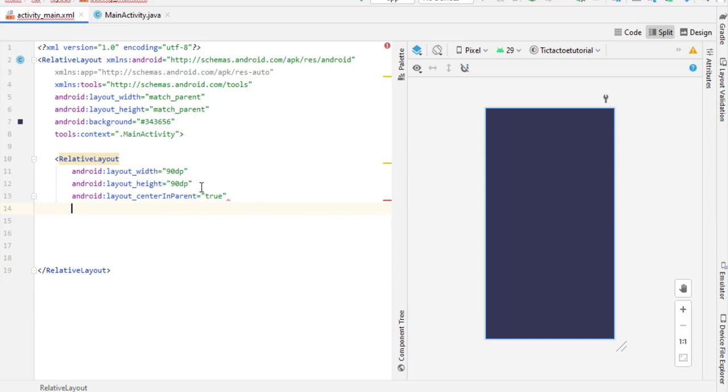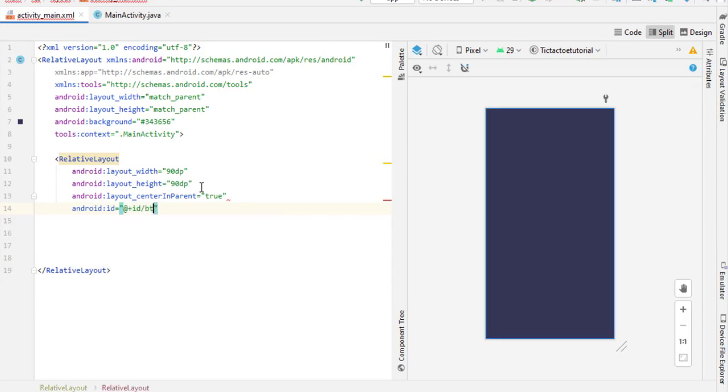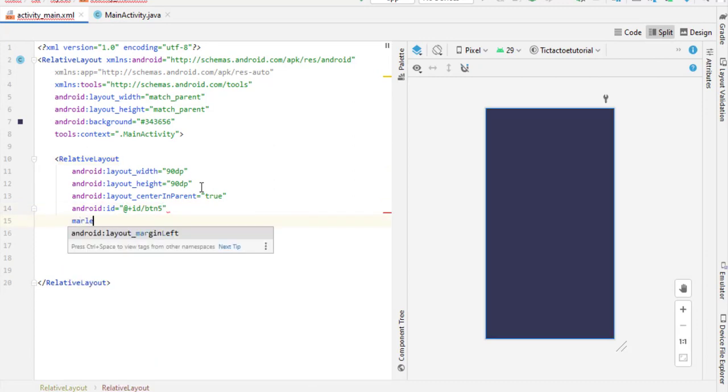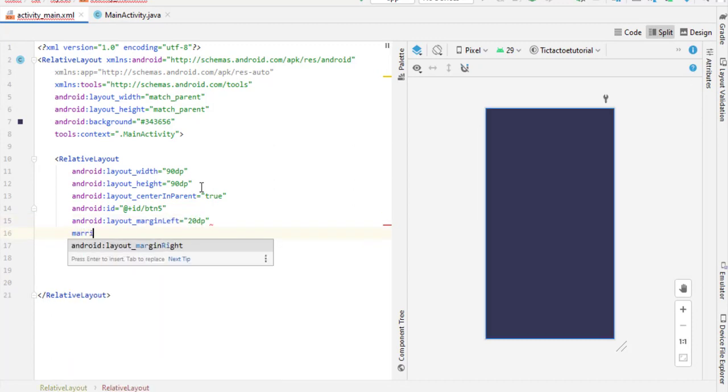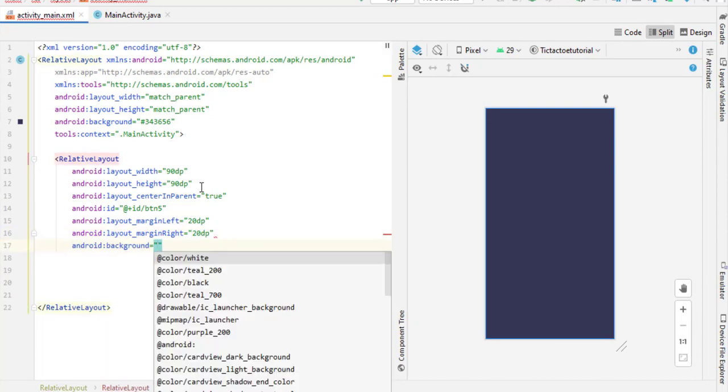So that's done. Now simply give the id name btn5. Later I will tell you why I give the id name btn5. Simply set the margin left 20dp, which is fine, and also give the margin right 20dp, and set the background of this relative layout the same as your main app background.